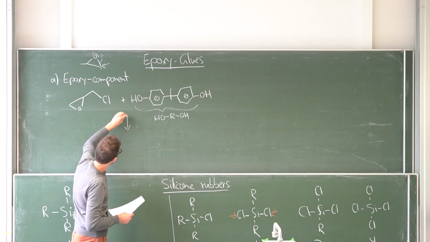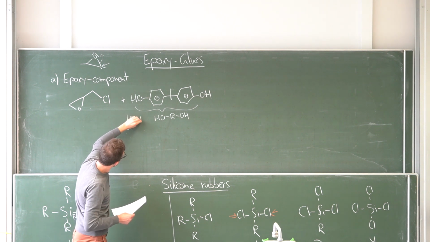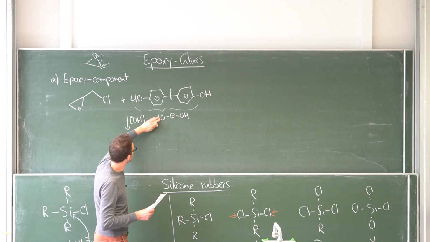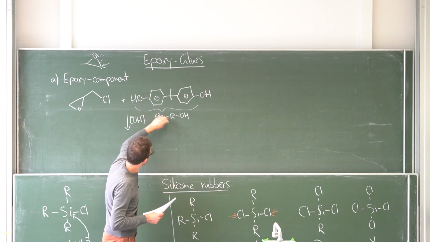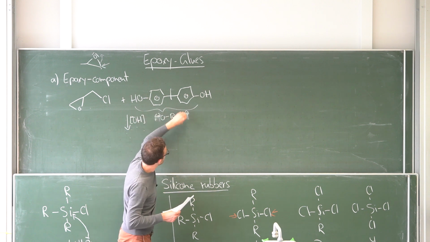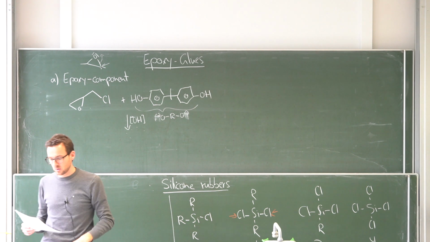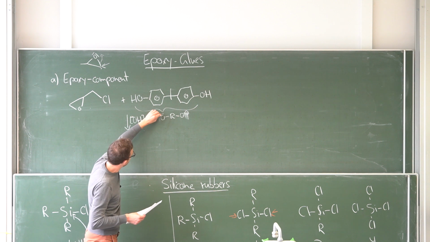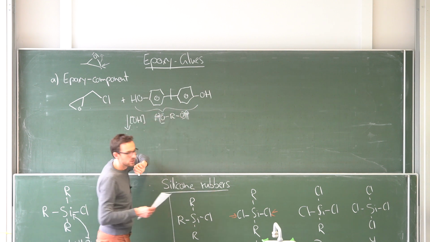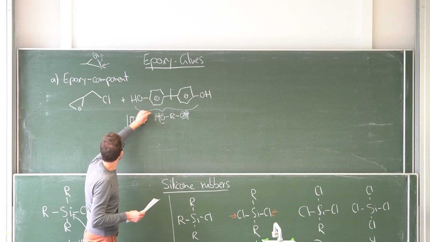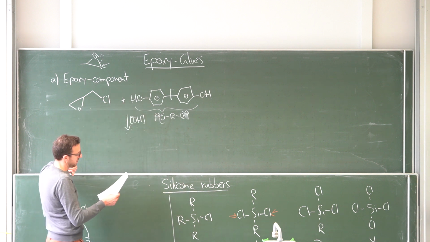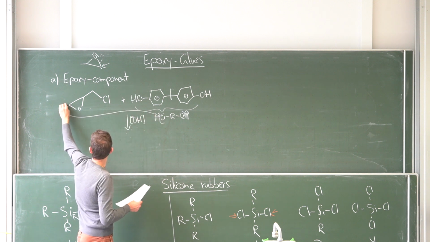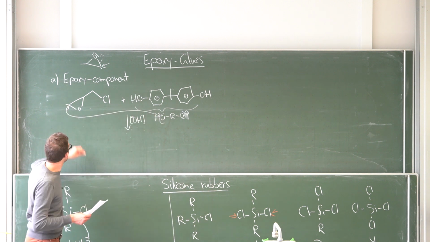So now we do this under a basic catalyst, and what a basic catalyst does is it deprotonates the alcohol. So this makes it much more reactive. Okay, and now this deprotonated alcohol, which contains a lot of electrons, is of course very potent in attacking this material here. So what it will do is, as we already discussed, it will attack this carbon atom here, opening